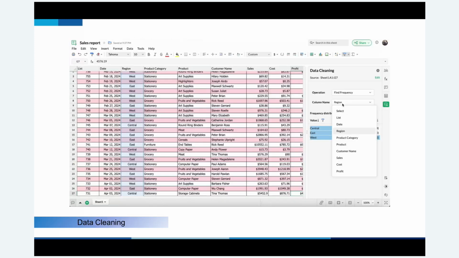Now, let's move on to data cleaning in Zoho Sheet. After generating insights with Zia, ensuring your data is clean and consistent is key to accurate analysis. And that's where Zoho Sheet's data cleaning tools come in. This feature helps you identify and fix inconsistencies like duplicates, missing values, or invalid entries with just a few